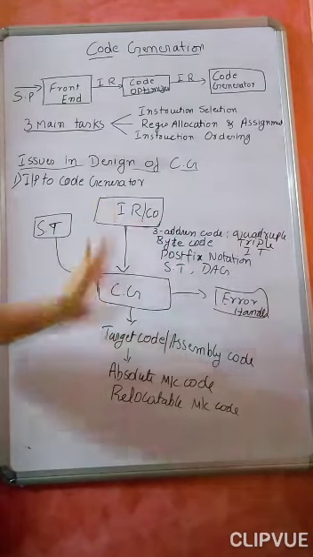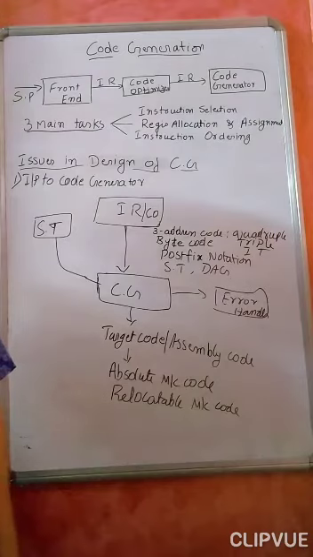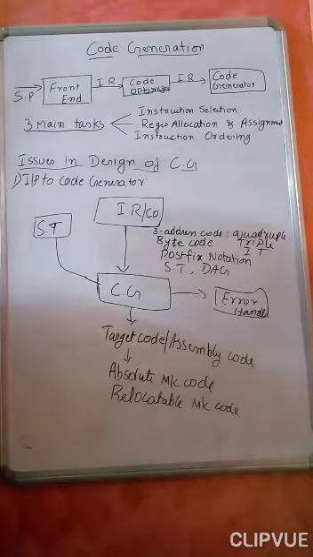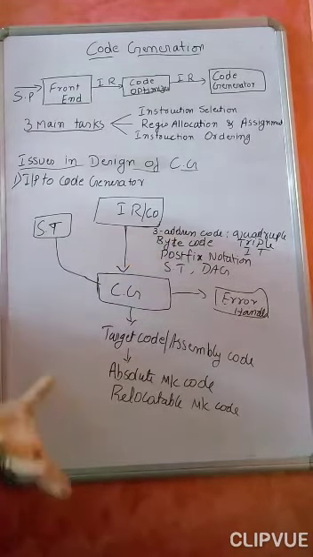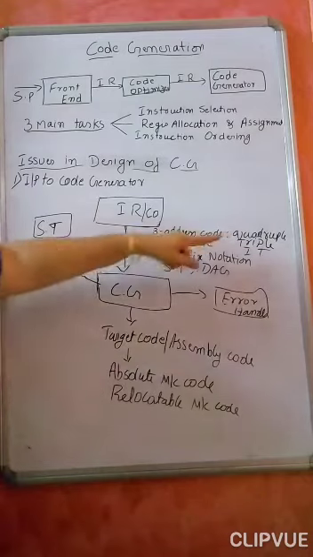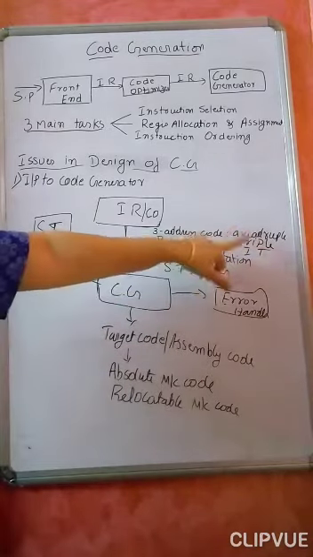So what is this intermediate representation? You may have it as a 3 address code. Last session I explained how to generate the 3 address code. That 3 address code can be implemented using a quadruple, a triple, or an indirect triple. Or it can be a byte code, a postfix notation, a syntax tree, or a directed acyclic graph. These 2 we have studied, and all these 3 also we have studied.